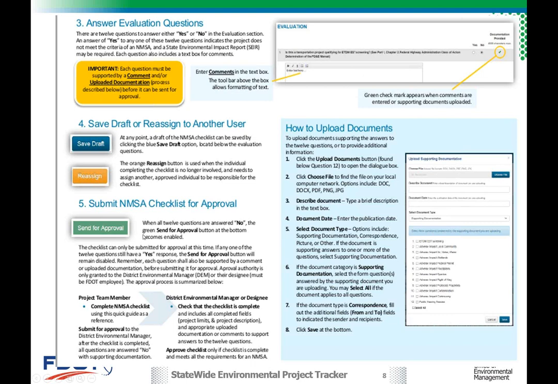Ultimately, the preparer sends it to be approved, and depending on where it is in the process, it could be going directly to the environmental manager, and then receiving an email notification prompting the environmental manager to, just like everything else, click on a link. It opens up the form. You're completely focused on that project already. The environmental manager could update it if they want. They could also send it back to the preparer to maybe supplement with some more information if needed, and ultimately they can approve that non-major state action.